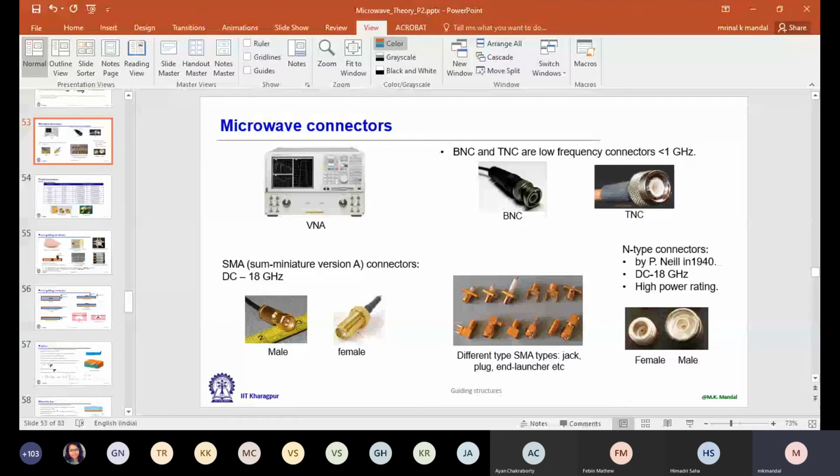So for example, bottom left, it is a male SMA coaxial connector. According to this definition, the thread is inside, so it is a plug. Okay, so when you are going to order, you have to mention coaxial connector, straight coaxial connector, male, plug. Similarly, right hand side, it's just the opposite. Coaxial connector, straight,